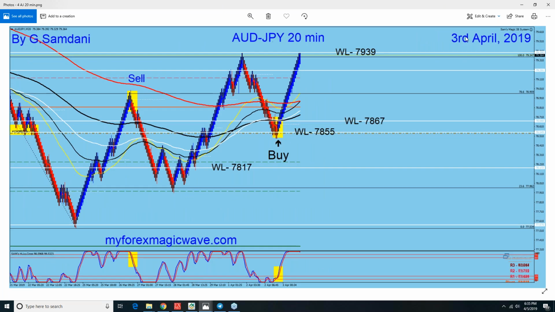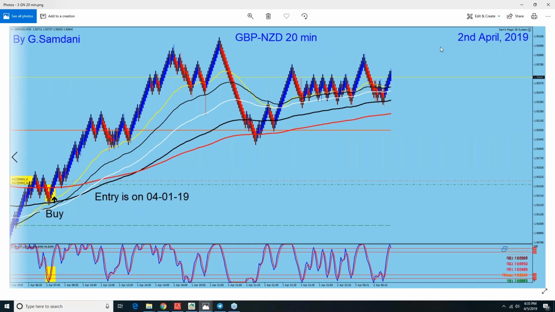And then AUD/JPY on April 3rd, going to the upside from support to resistance. From 78.55 straight up to 79.39. Powerful weekly low resistance. And April 2nd, there was GBP/NZD. Entry was here, all the way up, down, very wobbly, but